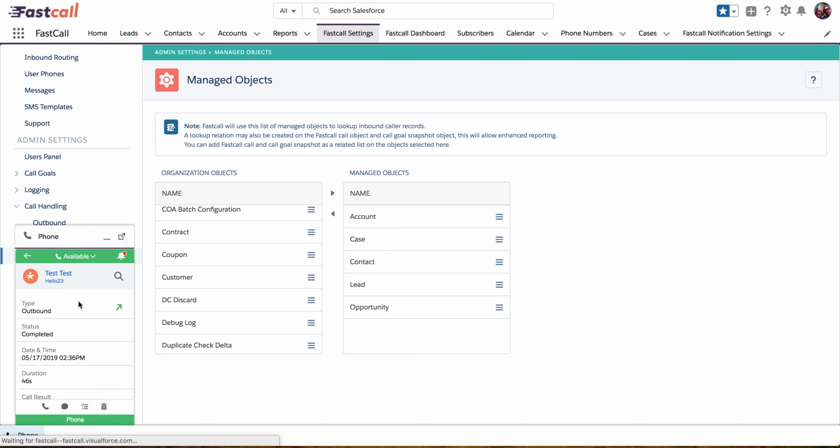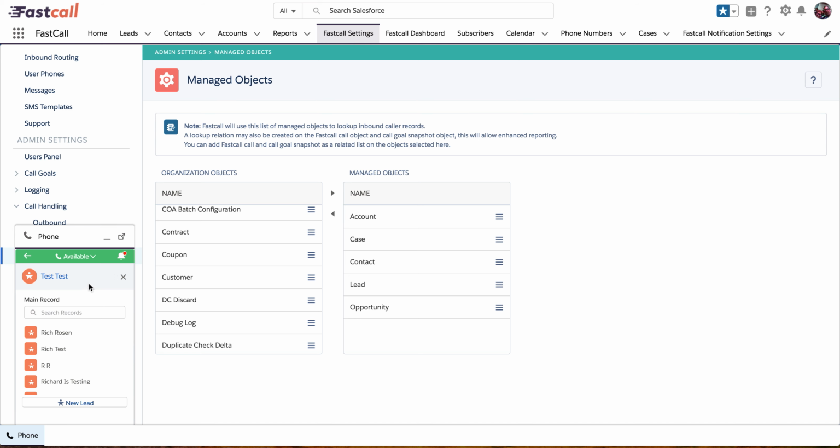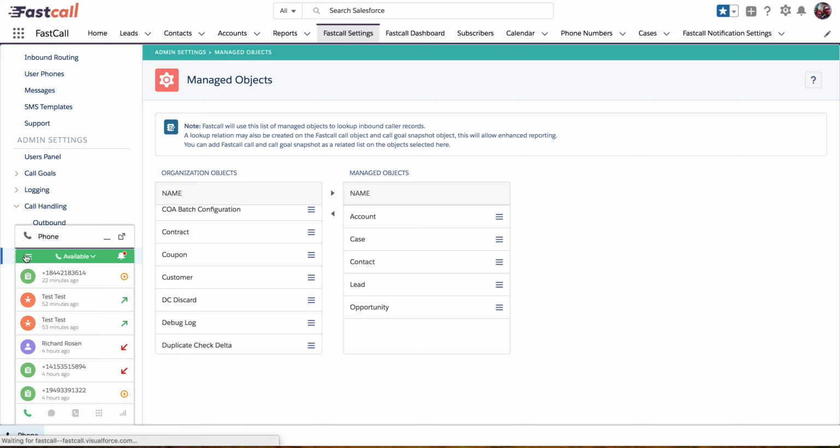Here's test. If I do the lookup and I don't like test, I just change it, and I could say, you know what, that wasn't test. That was rich test. He's a better test than test, and now the lookup has changed. Easy, right? But this lookup,